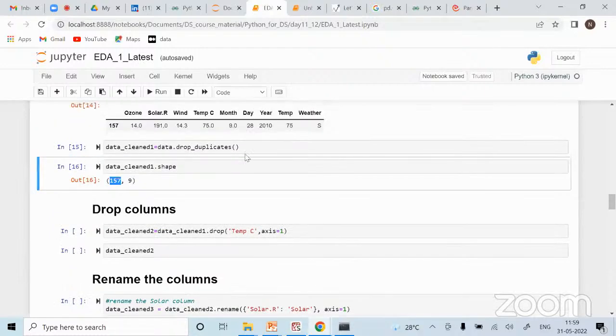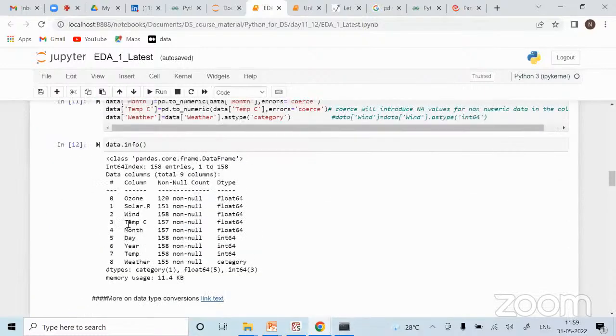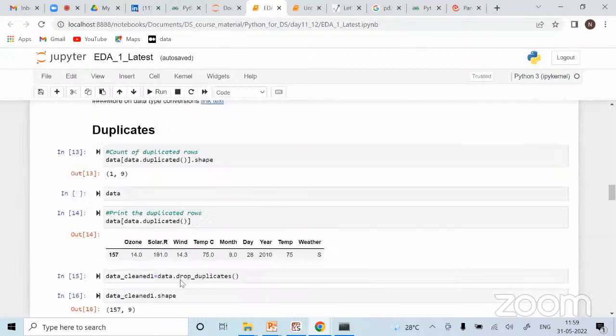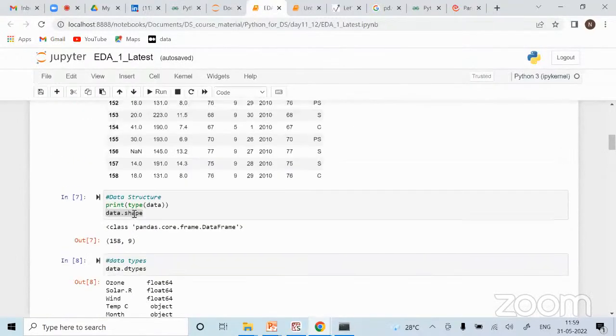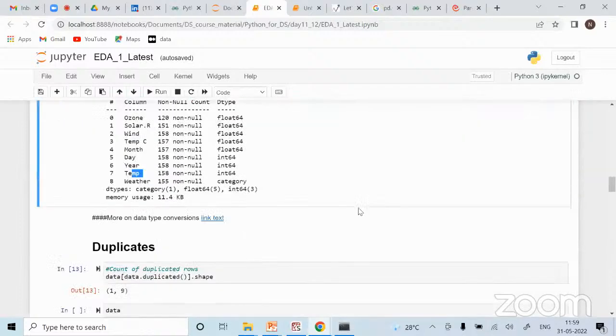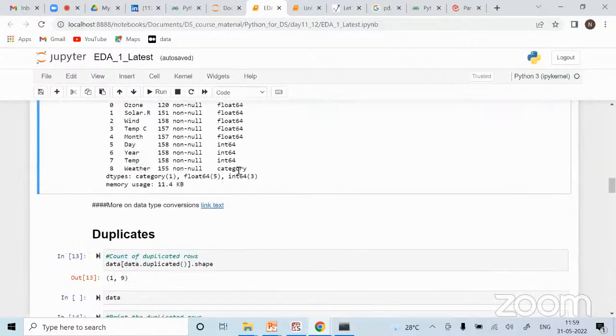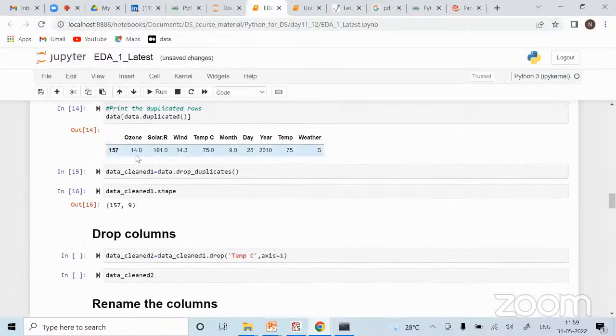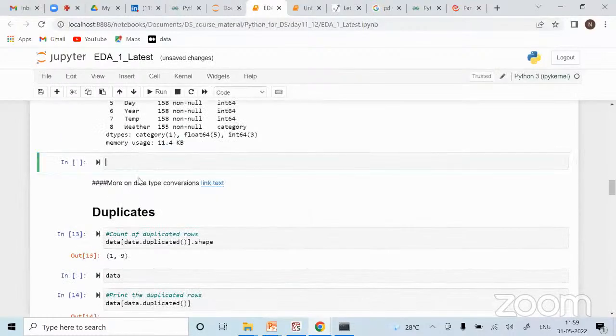Then I also observed that this one column seems to be duplicates, right? There is this temp C and temp. So if I see the values, it looks the same to me, right? You could have done data dot describe, no? It will tell you, you can confirm that. If you do data dot describe,